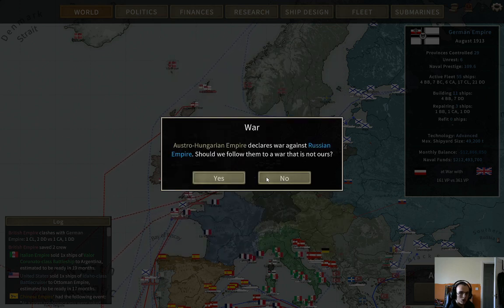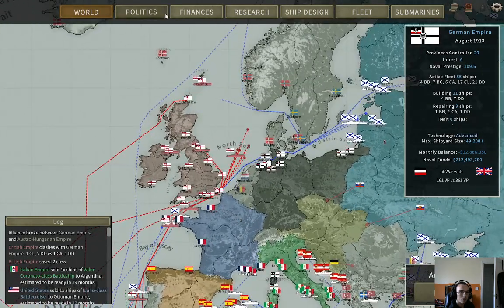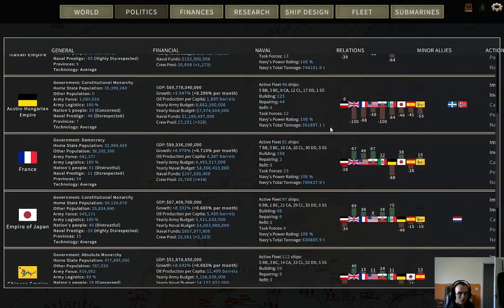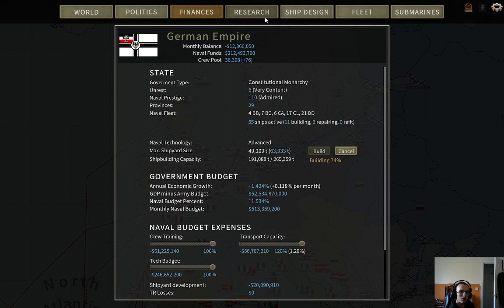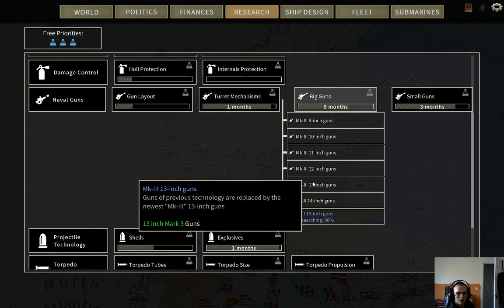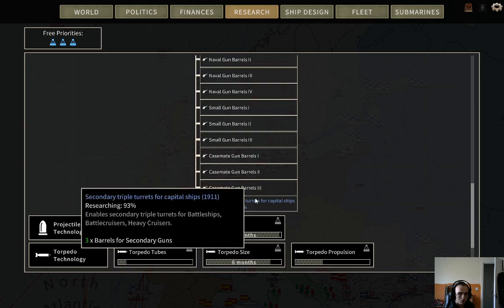Declares war on the Russian Empire. No. Yep, there goes our alliance already. Gone as quick as it came. We already having our own problems with Russia. We don't want them being made worse. Preferably at all. But